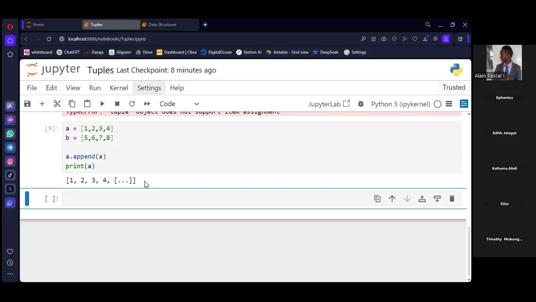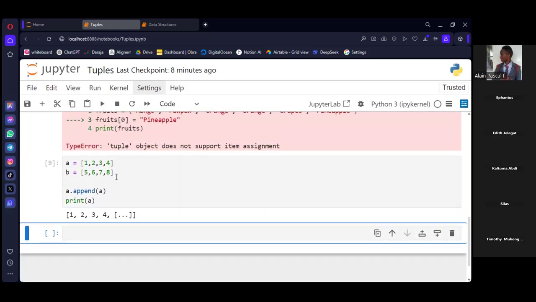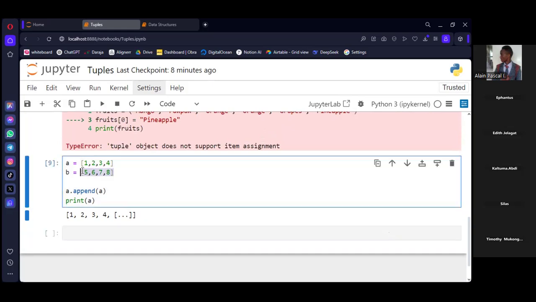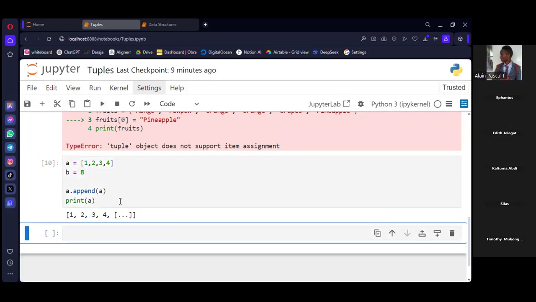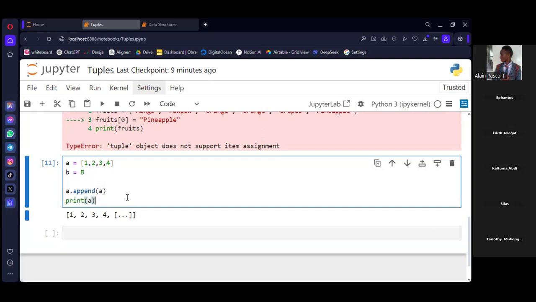Basically, here we just need to specify one item, because the append method only takes one argument. You need to specify just one value.